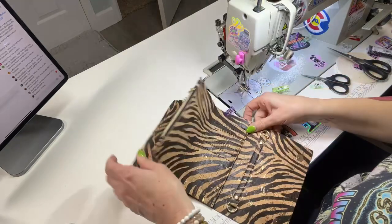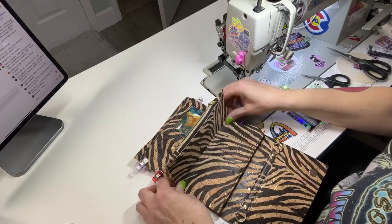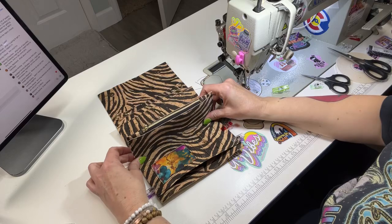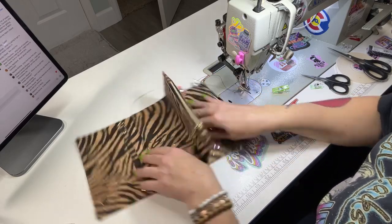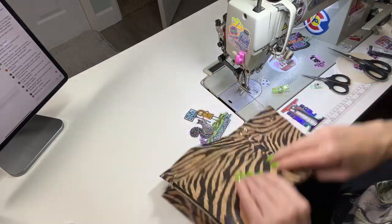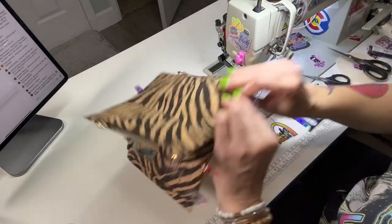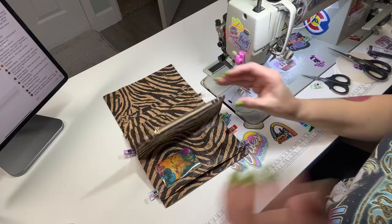All right, so isn't that cool? Look at that. Okay, so that is pretty much the inside of our wallet right there. I'm gonna clip this back so it's all one piece now. Isn't that awesome? Before I put my stabilizer on,